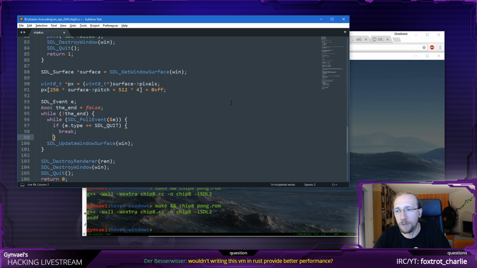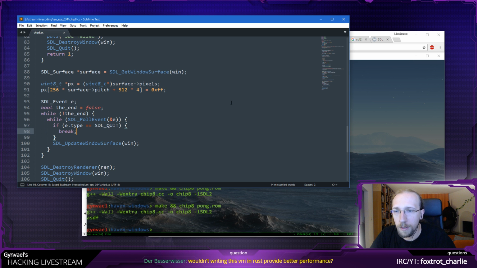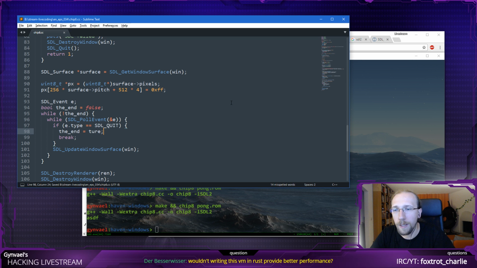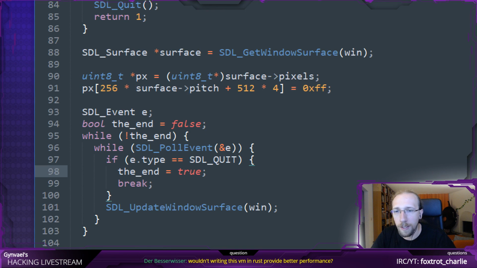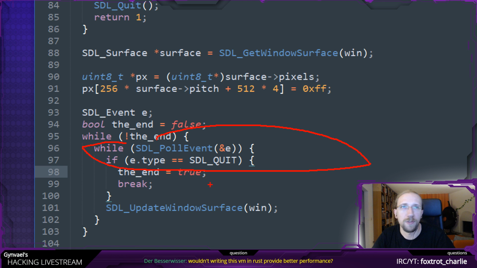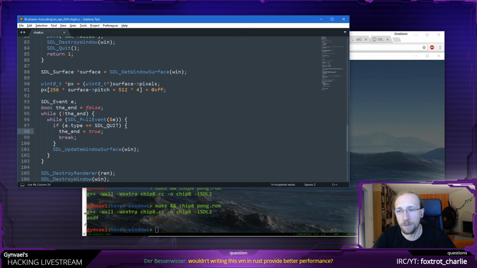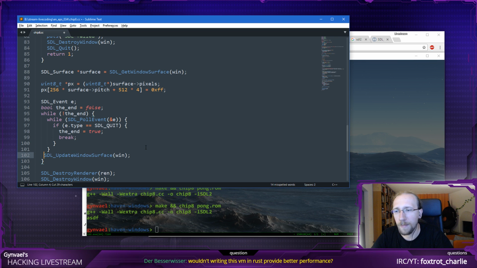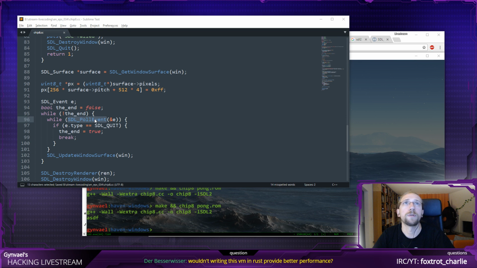I have no idea what the shortcut is for actually moving a block, like adding an indent block. Yeah, and then break, but before you break, make sure that end is equal to true. True, no, sorry, out of typos. Yeah, so this loop exits when it processes all the events in the queue and then can go further. So I guess I'm also going to move it here. At least that's my guess. I should check it, right? So let's check it, because I think I might be lying here. No, I didn't copy it.